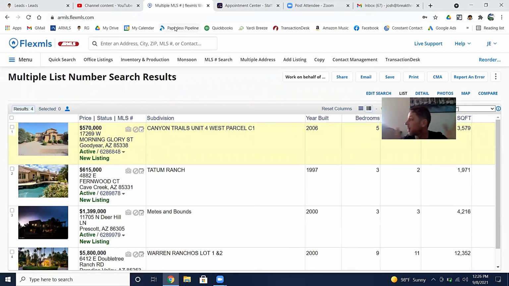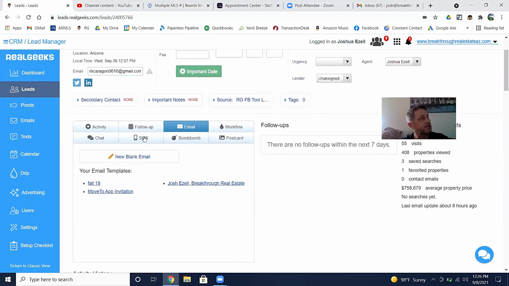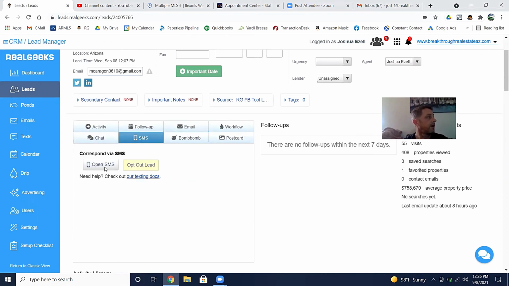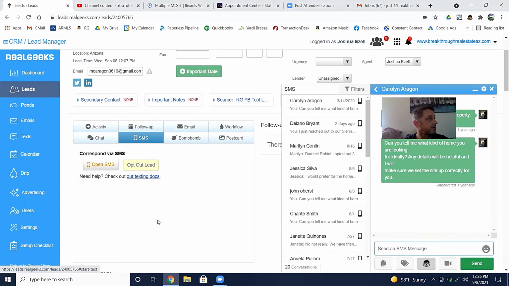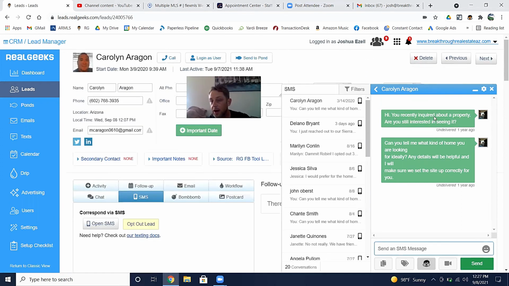Okay, so that's the power of this. And the same thing goes for the text. We sent off the email, now if you want to be completely redundant, see how it says SMS text right here? Now you can say open SMS text and it'll pop up over here. Now you can see, hi, you recently inquired about a property. This is our AI from forever ago. So now what we can do is send our blank text, which, how do I say this? Well,